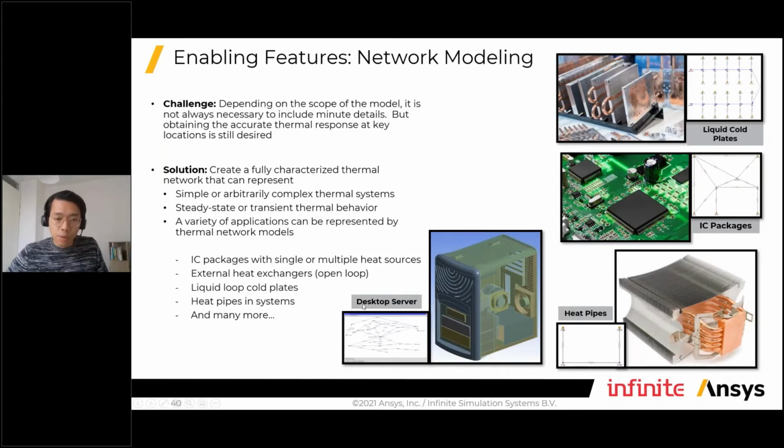So here we see that a box can also have some kind of networking that we can extract. So here we have the PC desktop, a server. Then we can have some nodes, thermal nodes inside, and then easily extract the thermal circuits. Also, same thing for liquid cooled plates. This is also going to help a lot in putting into our system circuits and understanding our thermal management system behaviors.